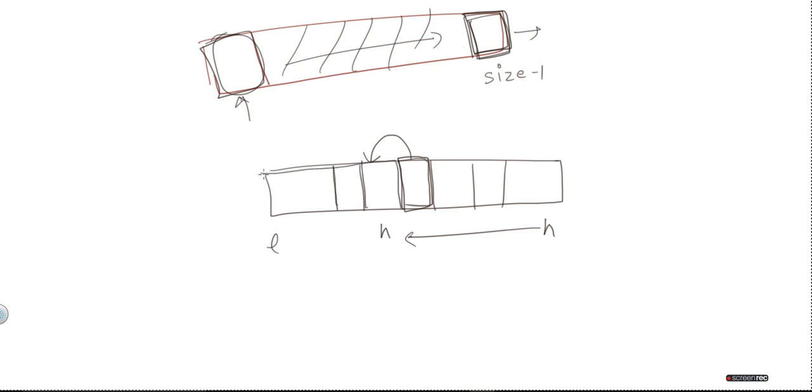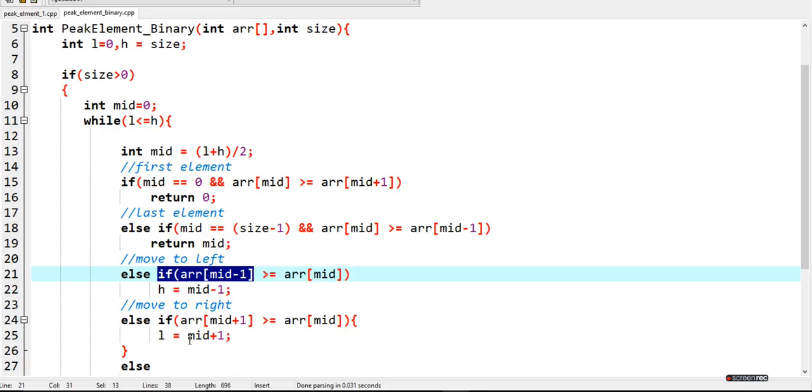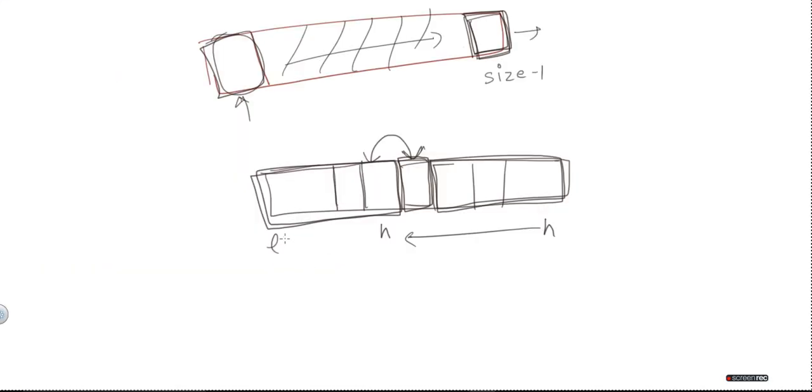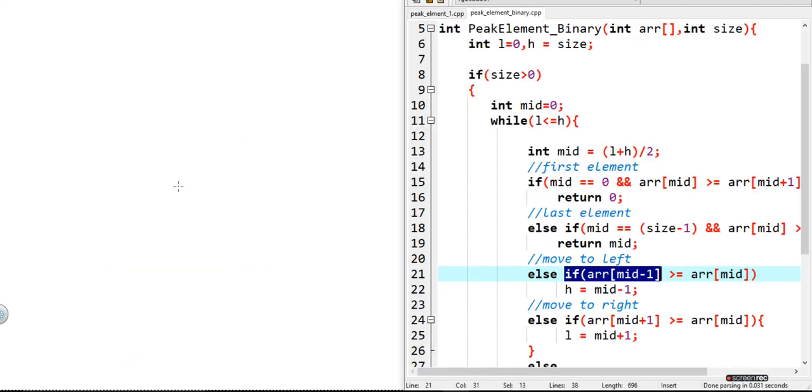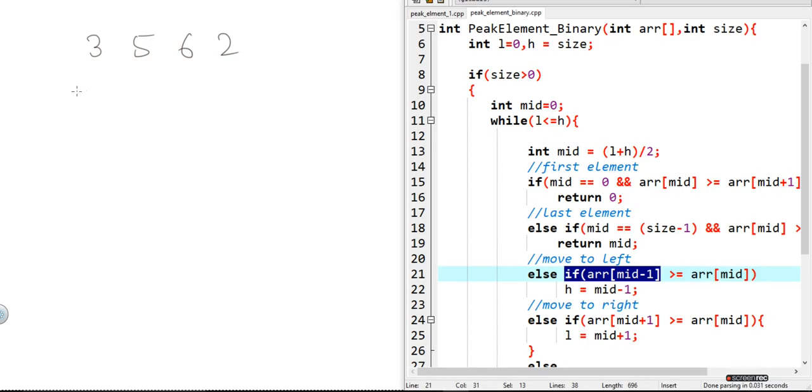So now this will be termed as a new array. And if it is not the case, if the right value is greater, then the new array will be considered as the right elements. Okay, so actually let's do a trial run for this program so it will be clearer for us. Let's say we have been given an array of 3 5 6 2. In this case, lower value is going to become 0, and higher value will become 0 1 2 3, which basically means 4.